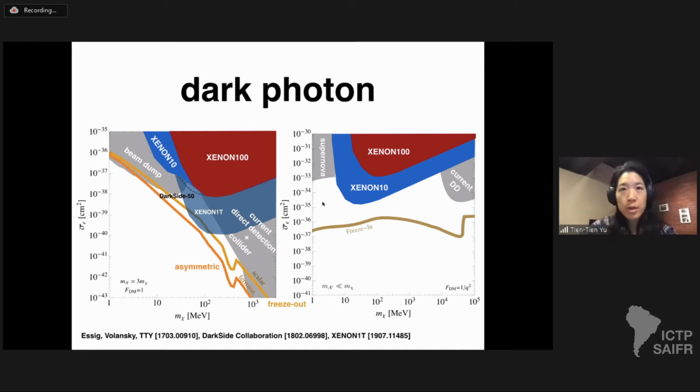I'm showing here two plots. On the x-axis is the dark matter mass for both figures, and you'll note that the dark matter mass is now in MeV. In the previous plot, it was in GeV. Now we go from 1 MeV to a few GeV and a little higher on the right-hand side. So note we've gone down more or less 3 orders of magnitude in our plot, and we've gone into that sub-GeV regime that the nuclear scattering was not sensitive to.